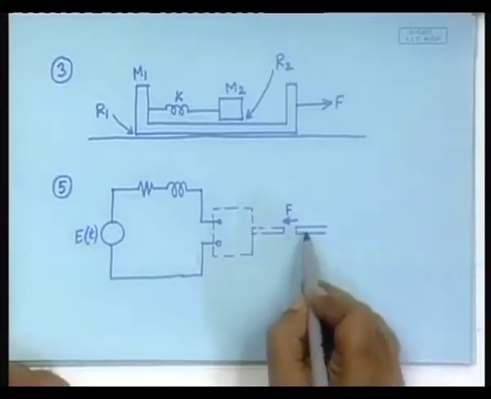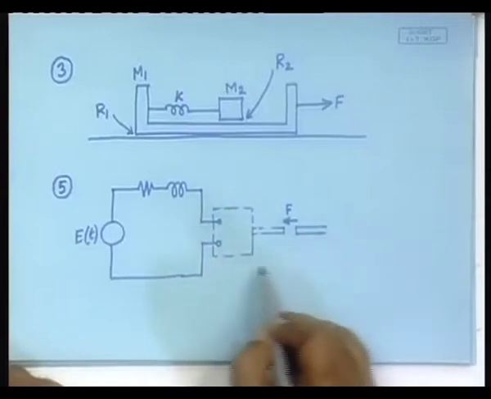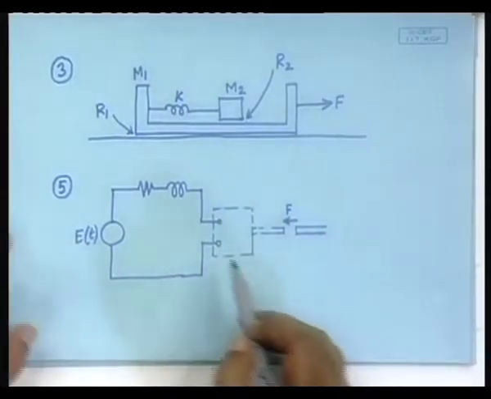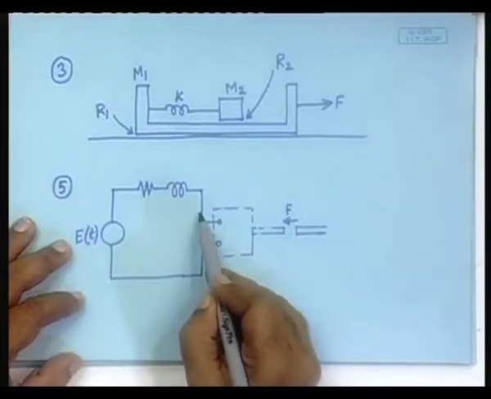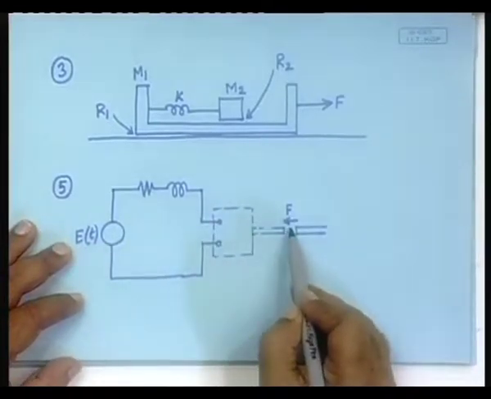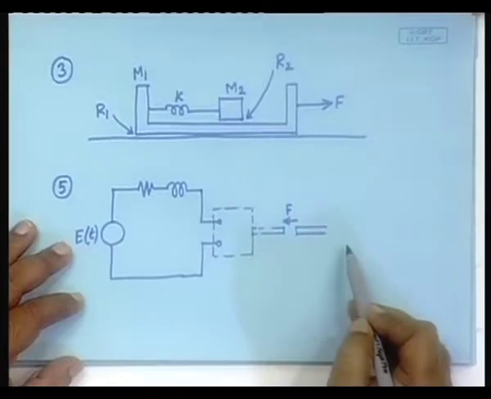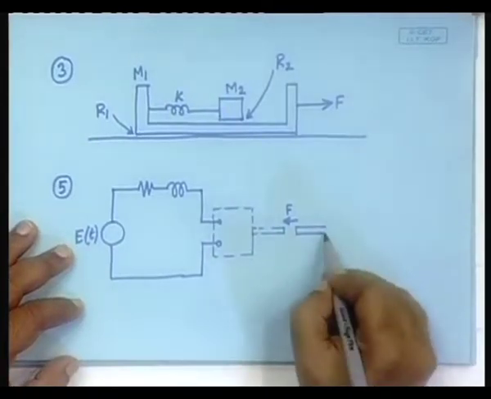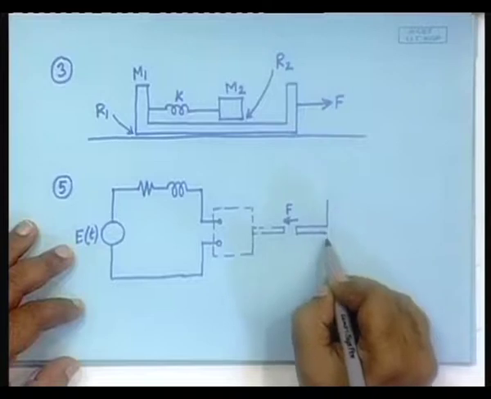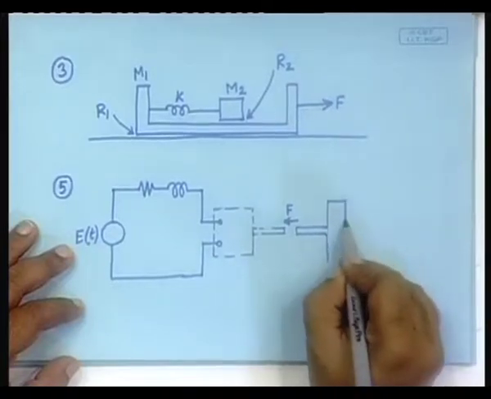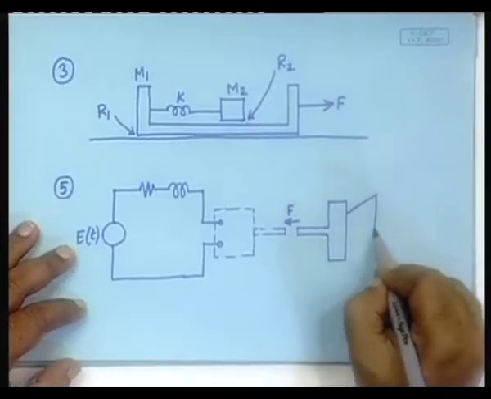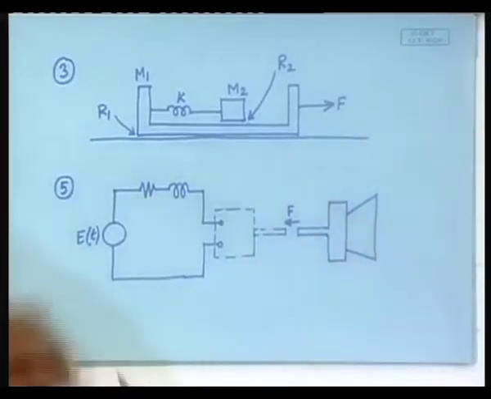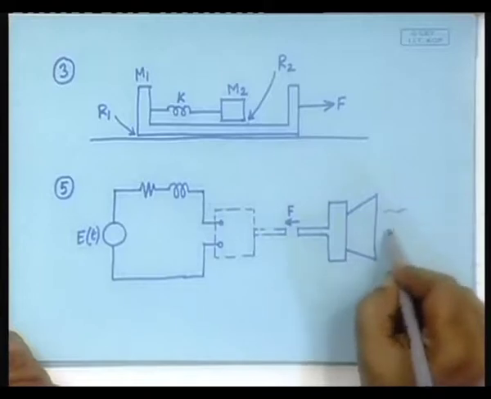Okay. Here is an iron piece, here is an iron piece. I am just schematically drawing, it should not be like that, but nevertheless you understand that here is something that converts the current signal into a force signal to be applied on the mechanical side. What is there in the mechanical side? There must be some kind of a mass which is essentially representing the mechanical arrangement of the loudspeaker. So, you get the sound here,